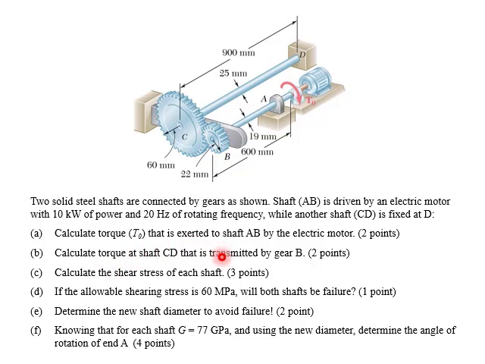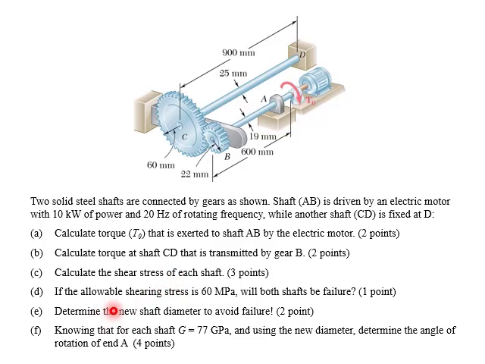This question is asking you how you can utilize the relationship of this transmission because gear B and gear C have a different radius. And then for question C, you are asked to calculate the shear stress of each shaft. So this is actually the continuation of question B. Once you can determine the value of torque AB and torque CD, it should be easy for you to calculate the shear stress value of each shaft.